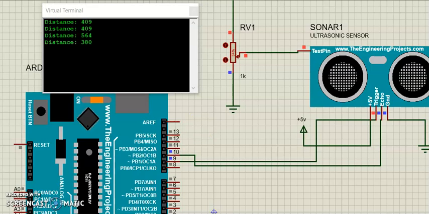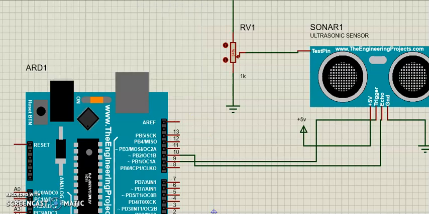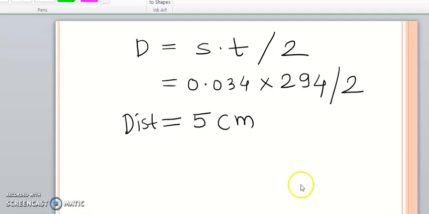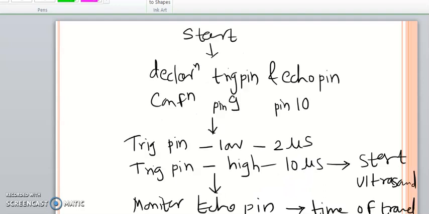So in this way, the ultrasonic sensor is going to, now I am going to stop the simulation. So in this way, the ultrasonic sensor is going to sense the distance as a physical quantity. The distance calculated by the ultrasonic sensor is exactly the same as in real life. So that you will come to know in the demo session of it.